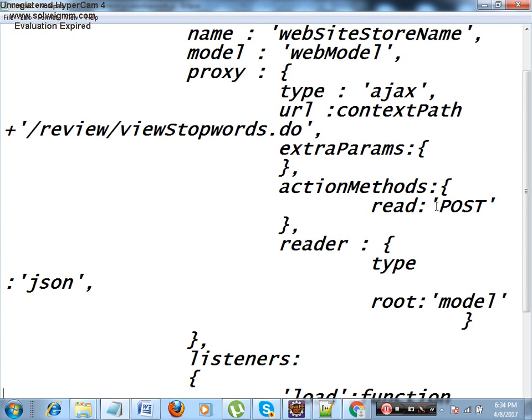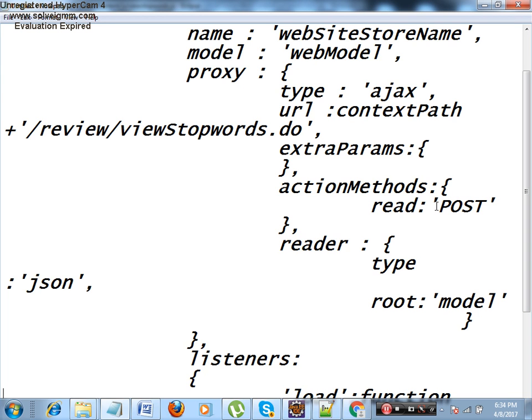You will understand this root model better when I open your UI and show the console, then you will understand it better. Hold on for a few minutes. For now, understand root is nothing but some key from where you have to read the data. Okay, now type, what have I used as the type? JSON. There are two types that you can use for any kind of Ajax request, either an XML or a JSON. Okay, here we are making use of JSON because JSON is a lightweight object.